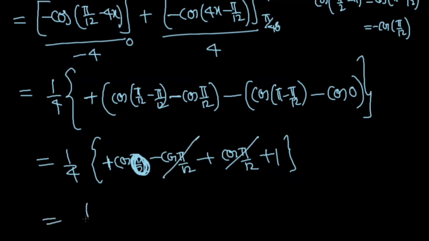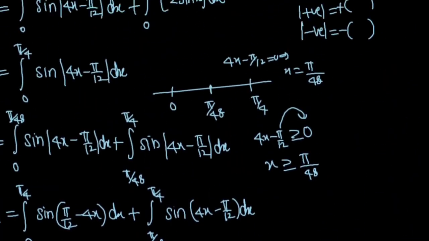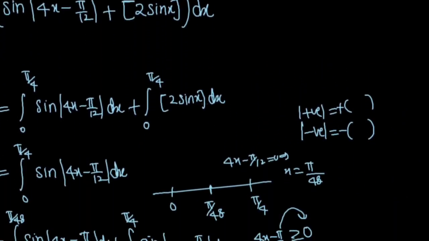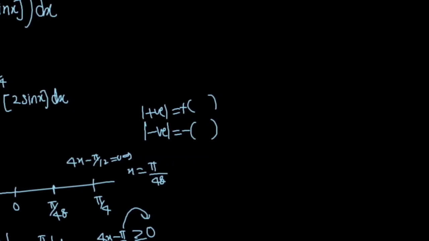Here we will get 1 by 4. Here cos 0 is 1, plus 1, and 1 plus 1 is 2. Therefore this is 1 by 2. I'm getting I1 is 1 by 2. And next is the integration from 0 to, okay, next